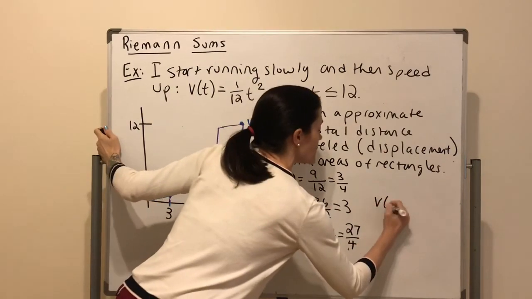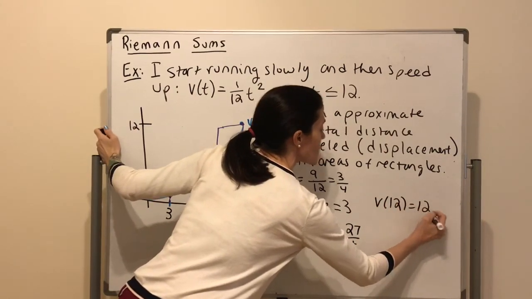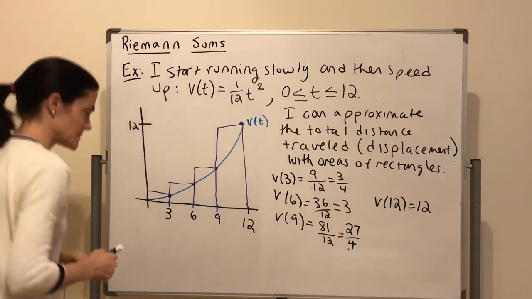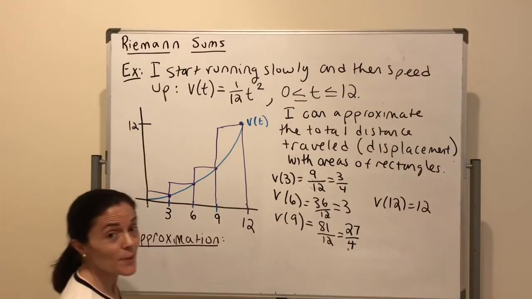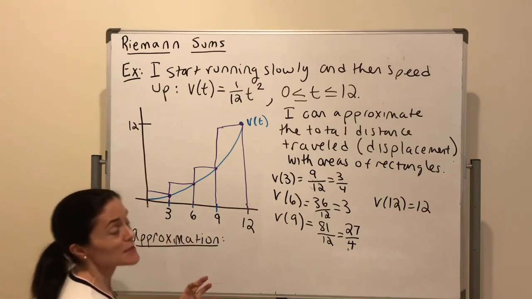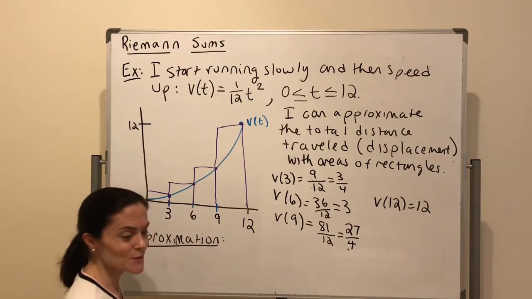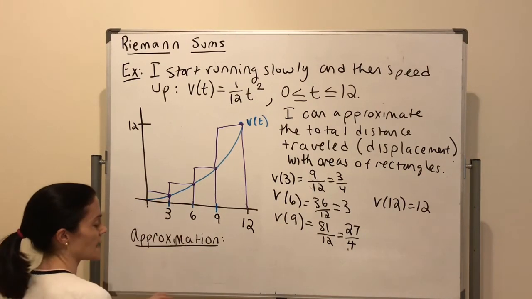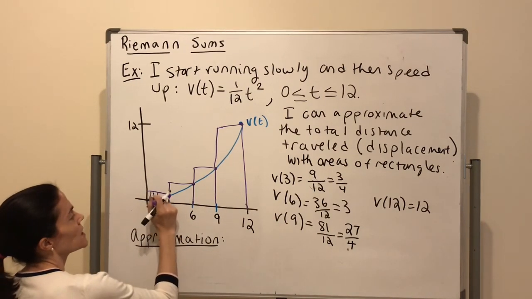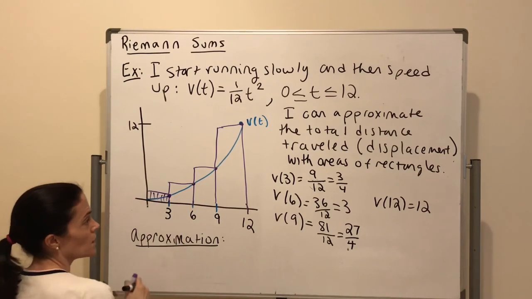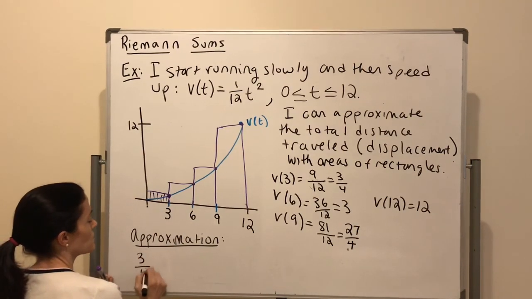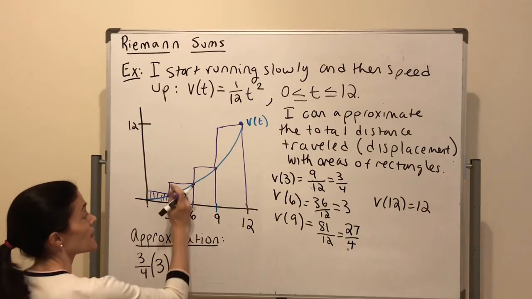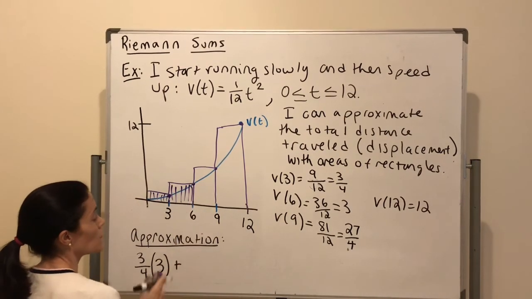And finally, V of 12 is 12. And so to approximate this, the approximate total distance or displacement I've traveled is, well, we take first the area of this rectangle, which is 3/4 times 3, and then we take the area of this rectangle, which is